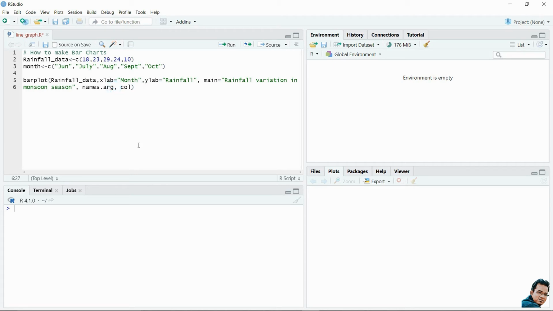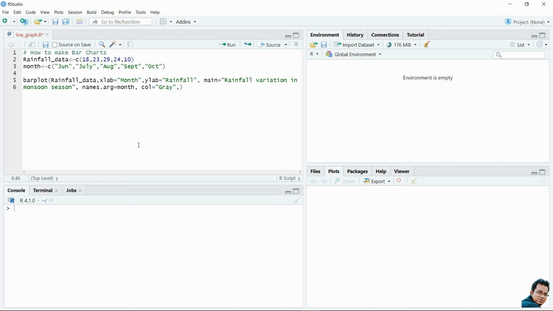Then I need to give the next parameter value, that is names.arg. This is basically the value of the x-axis. So this will be equal to month. Let's give color as gray.